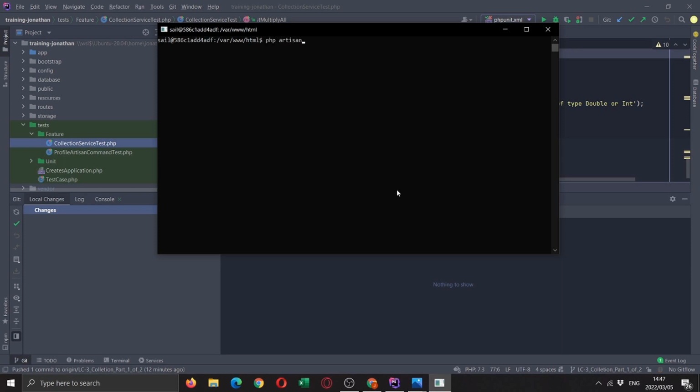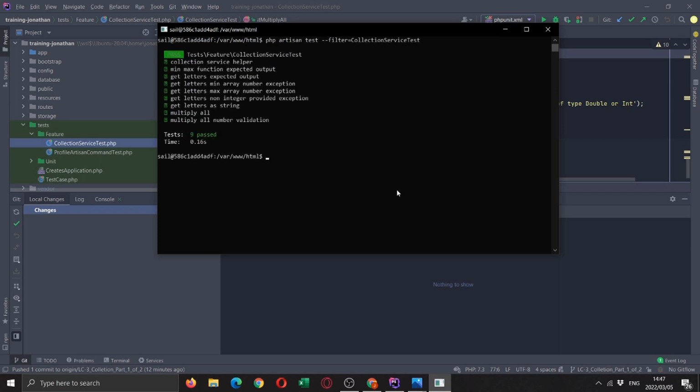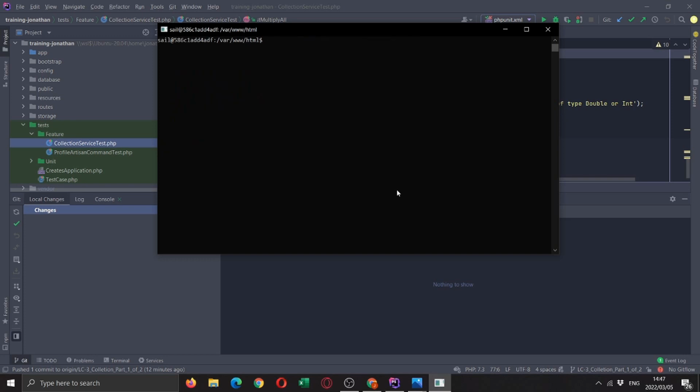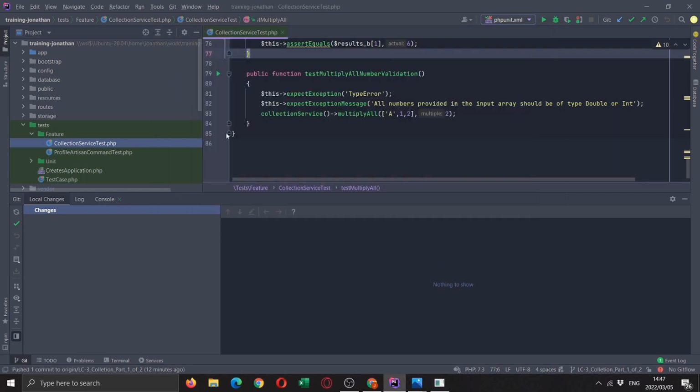So php artisan test, and we're going to throw in the flag to filter so that we only run that test. Oh Lord, look at the spelling. CollectionServiceTest. Let that run. Oh, beautiful. Passes. Great. We're ready to do this. So we're now set up to red, green, refactor.